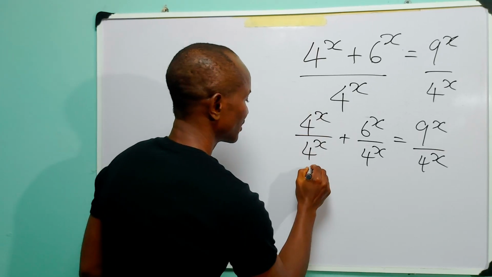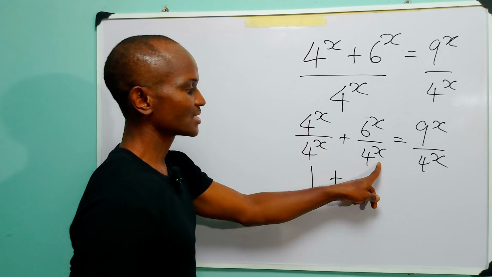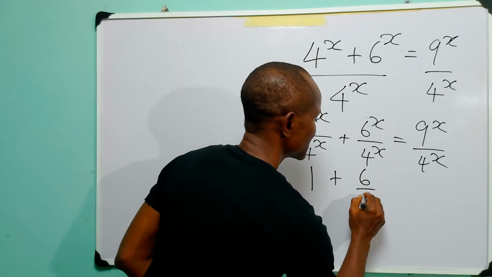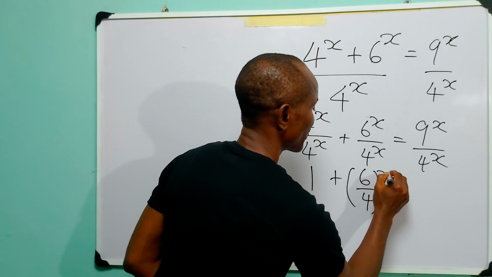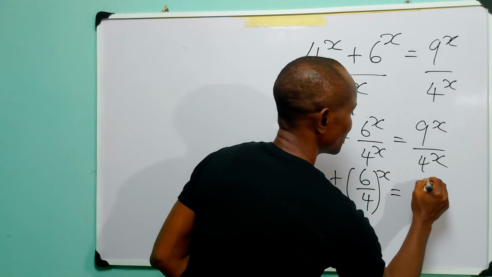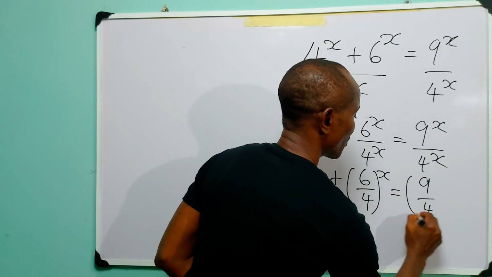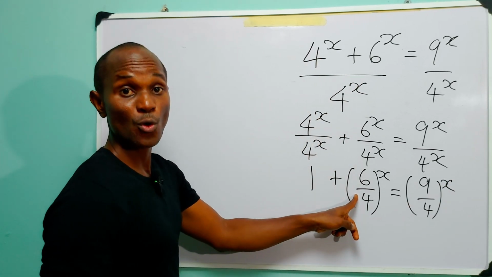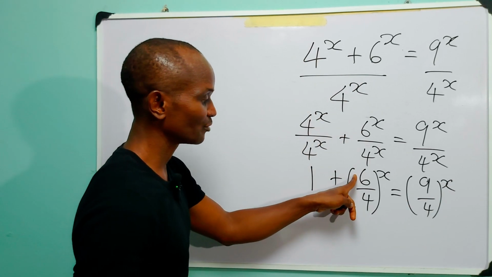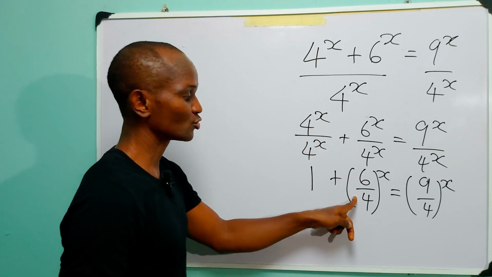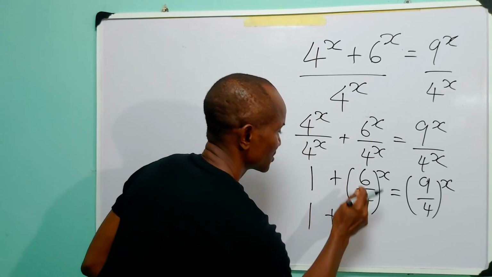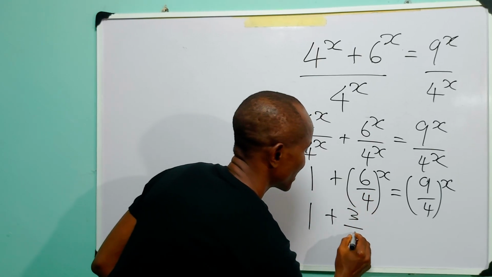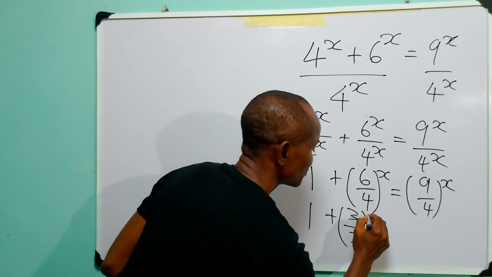Of course, this is equal to 1 plus. Now, since they have the same power, we can write this in the form 6 over 4 raised to power x is equal to this over 4 raised to power x. Now, we can reduce this to lowest terms by dividing both the numerator and the denominator by 2. We have 1 plus 6 divided by 2 is 3, and 4 divided by 2 is 2 raised to power